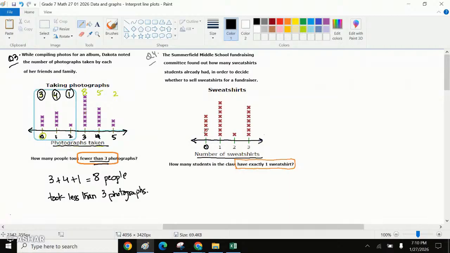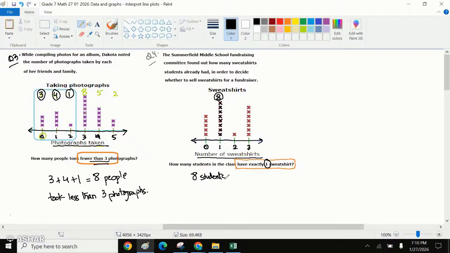These many students had this many sweatshirts. 1 sweatshirt was owned by these many people, 2 were owned by this person, and 3 were owned by these many people. Exactly 1 would mean we count 1, 2, 3, 4, 5, 6, 7, and 8. Agreed? So 8